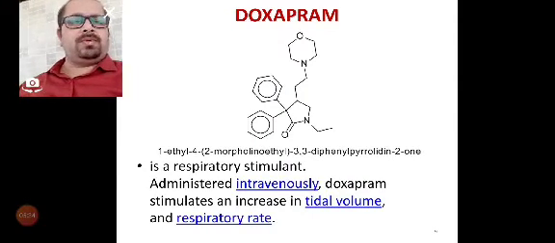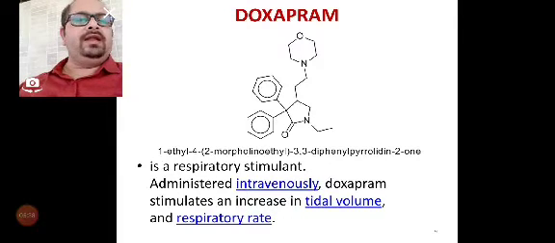The next drug is doxapram. Doxapram is a diphenyl pyrrolidin-2-one derivative. If you look at the IUPAC name of doxapram, it has a 1-ethyl at the 1 position, that is, at the nitrogen, the ethyl substitution. At the 4 position, the